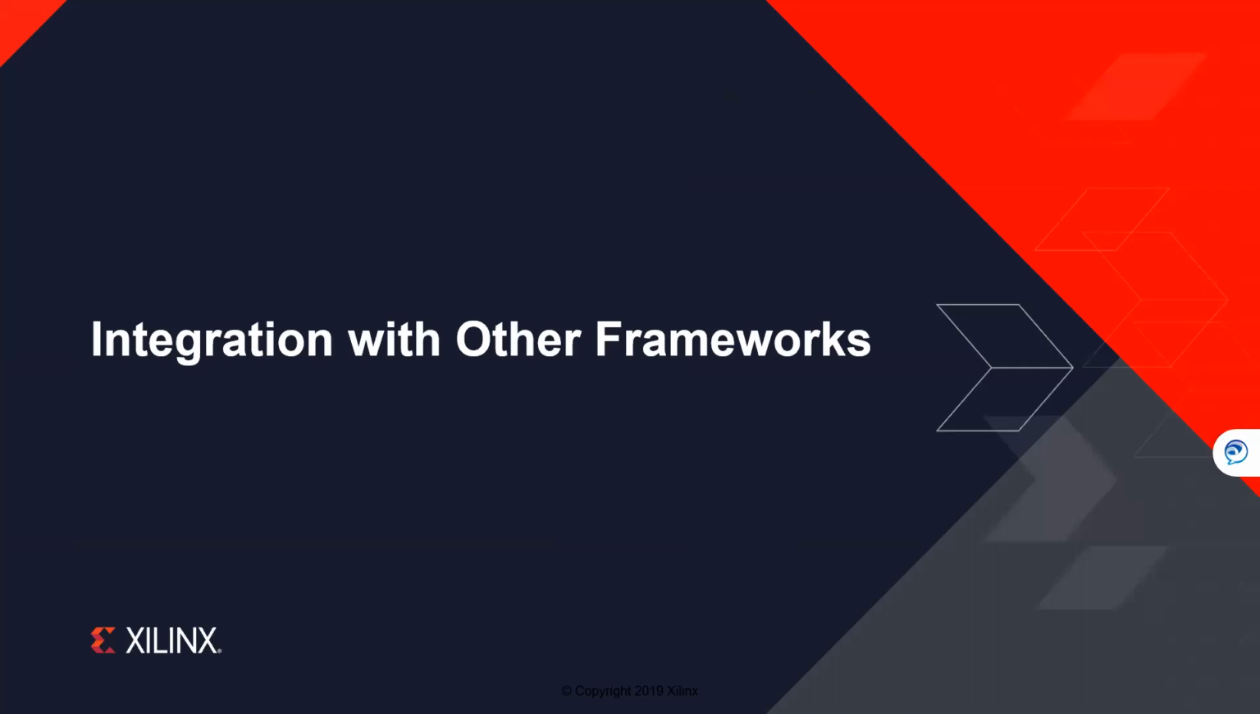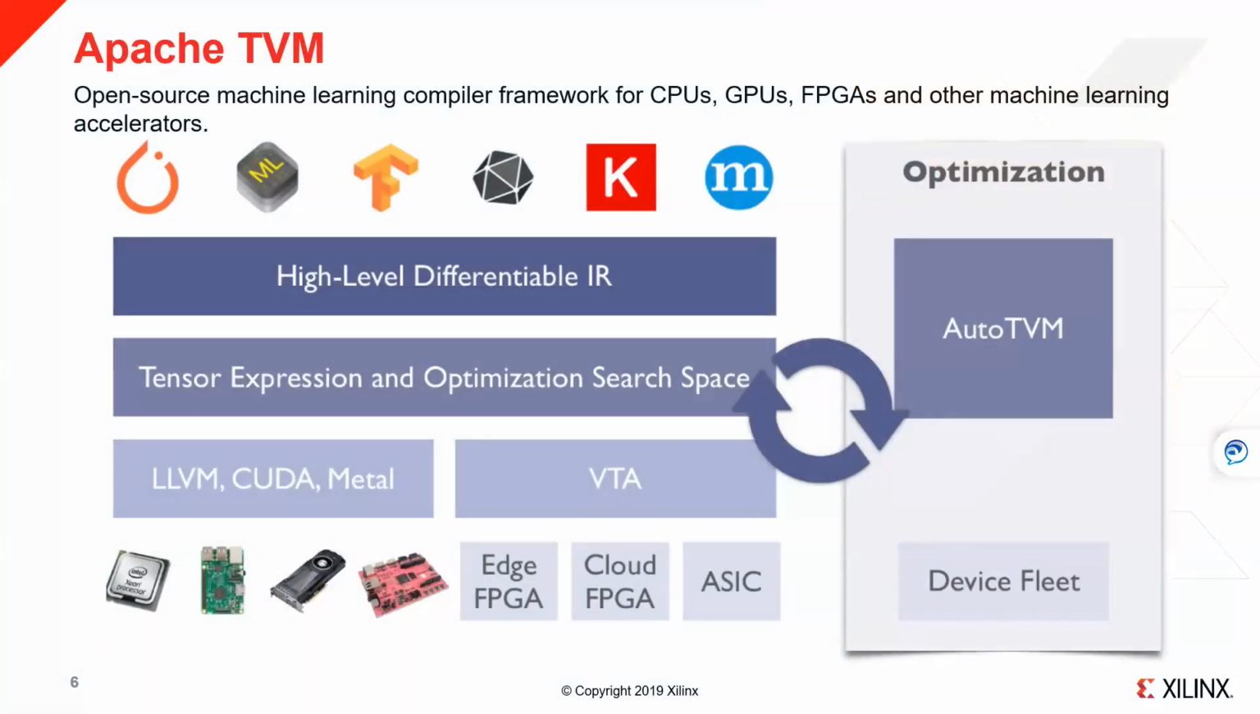Along with that, I wanted to touch upon the aspect of integration of Vitis AI into other frameworks. There are so many other frameworks for inference, many which are getting popular. Of course, the standard ones are there, like TensorFlow and PyTorch. But along with that, there is something called Apache TVM, which is an open source machine learning compiler framework for CPUs, GPUs, and now FPGAs as well, and other accelerators. Without going into the details of TVM, TVM lets you bring in your models from all kinds of frameworks